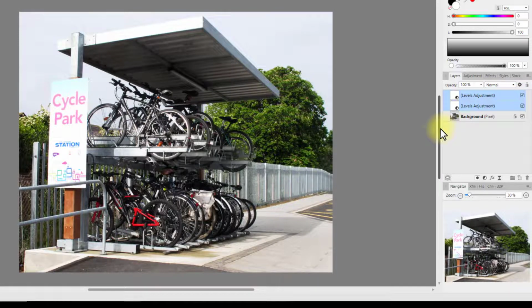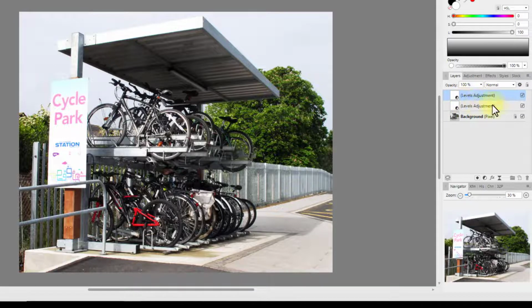Now the chap in the Digital Camera tutorial, he says that doing this process will give you the contrast, but it will also add saturation to the colours. I do not have a vast amount of colours in this particular image. I mean, obviously I've got the bit of red on the bike here, the green in the trees, and a bit of colour on this sign. Yours may have more colour and might be more noticeable. Personally, I quite liked the effect,